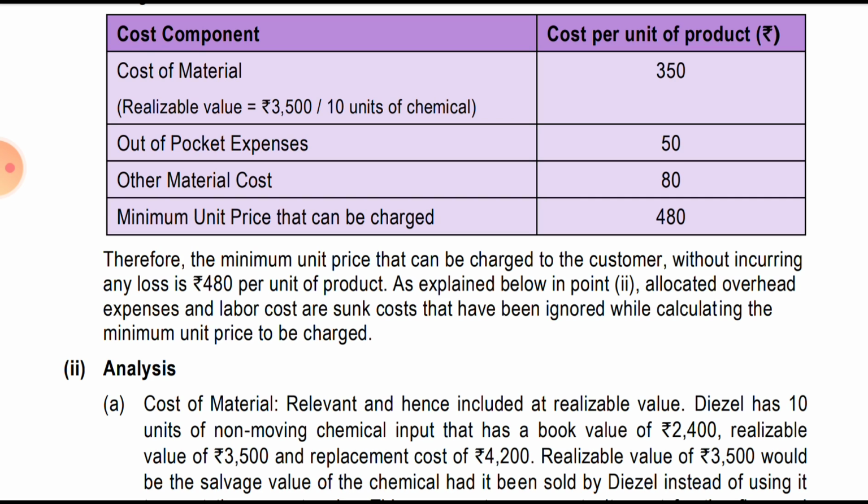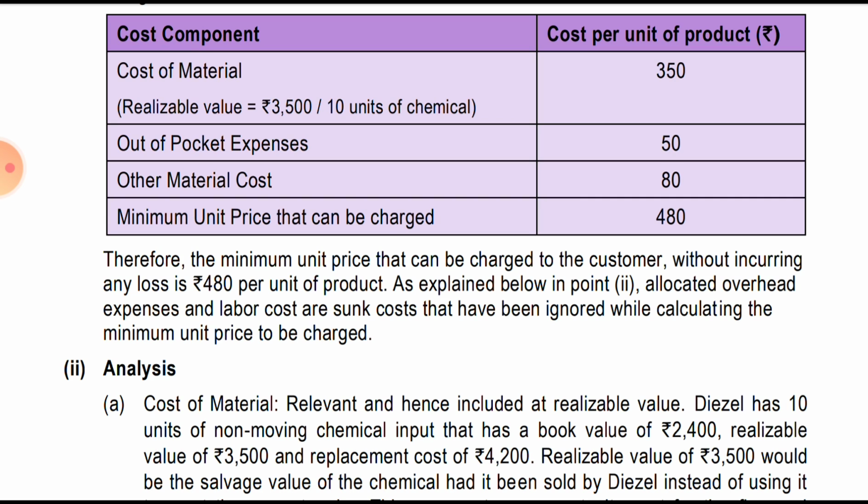In point 2, allocated overheads, expenses and the labor cost are sunk costs that can be ignored while calculating. So labor costs are the sunk costs. So actually the minimum price is 480 per unit of the product, as explained in point 2 below. In point 2 we will analyze how they have derived each and why they have considered the cost and why they have not considered the other costs as well. So the allocated overheads we had ignored, the labor cost we had ignored, are the sunk costs that are ignored while calculating